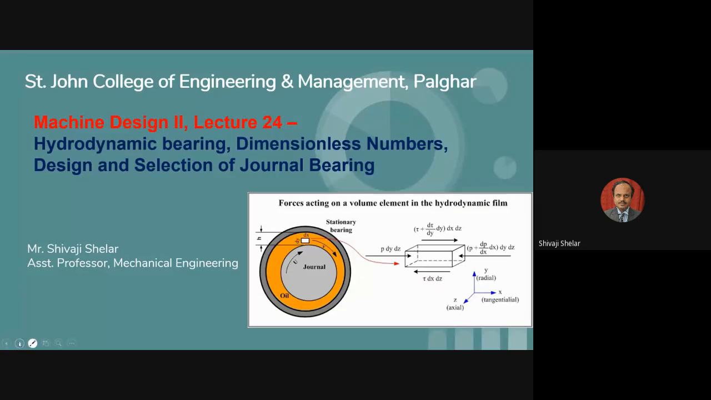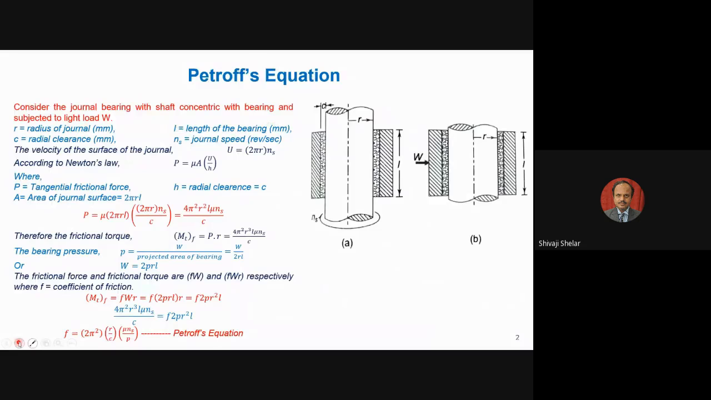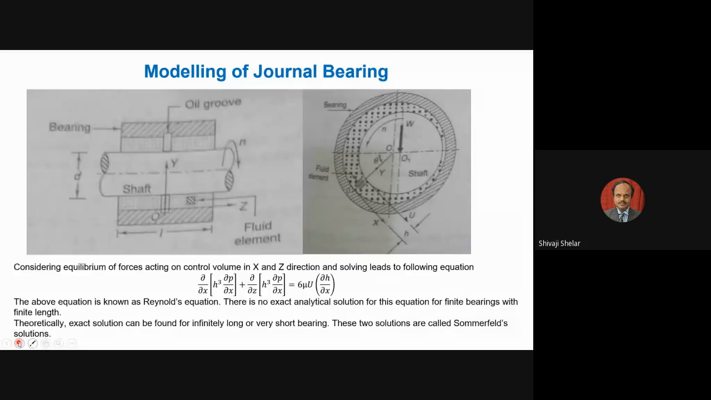So if you go to the third slide, here you have this journal bearing, a groove type journal bearing. So this is a special type of journal bearing. If we consider a small control volume here, having say this clearance at this moment, say h, the tangential velocity of this shaft is say capital U, and if you apply these equations here, I have told you, if you consider equilibrium of forces acting on the control volume in x and z direction, and solving this equation